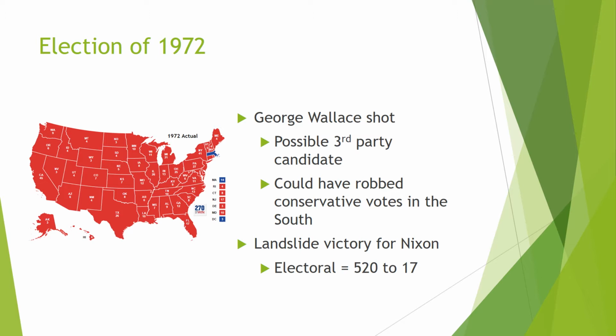But on May 15th, 1972, Arthur Bremer shot George Wallace 5 times during a campaign stop in Maryland. And what's interesting about Arthur Bremer is that he just wanted to be famous, and he had actually considered trying to shoot President Nixon, but he just settled on George Wallace. George Wallace actually lives, although he would spend the rest of his life in a wheelchair. So it's important to understand that the removal of George Wallace from the election helps to pave the way for Nixon's landslide re-election in 1972.